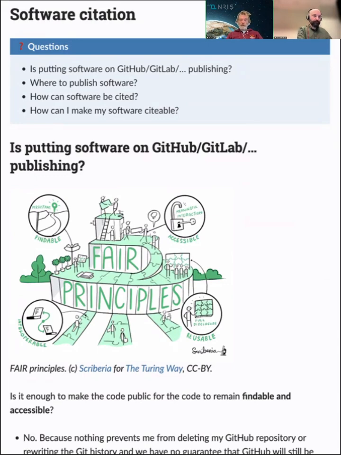Well, we don't know what happens to GitHub, though GitHub has been around for a very long time. And GitHub repositories can be deleted, accounts can be deleted. So we have to make a step if we want our software, and the software that we depend on, to be persistent. We need to use a service like Zenodo and get a digital object identifier related to the software.